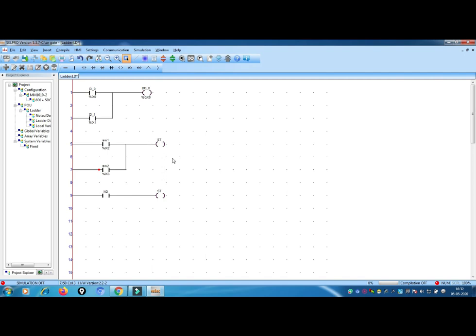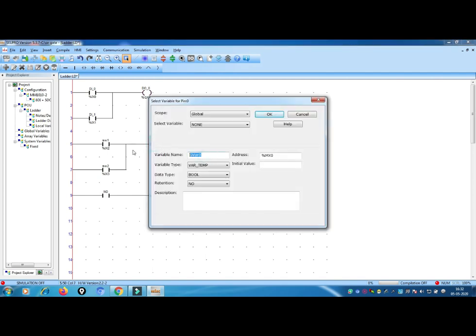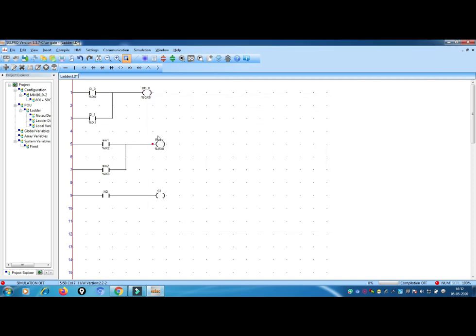Okay, now this is acting as a relay, so for the relay I will double click here, and here it is acting as a memory. Meaning in real time we are taking the relay, but in the PLC diagram we are taking the memory. So I will type here relay coil. This is acting as a relay coil. If the relay coil is activated, the relay has common and NO, so we have to select the relay, then only it will turn on. If I select anything else, it will not turn on, guys, that's why we have to select the same thing only.